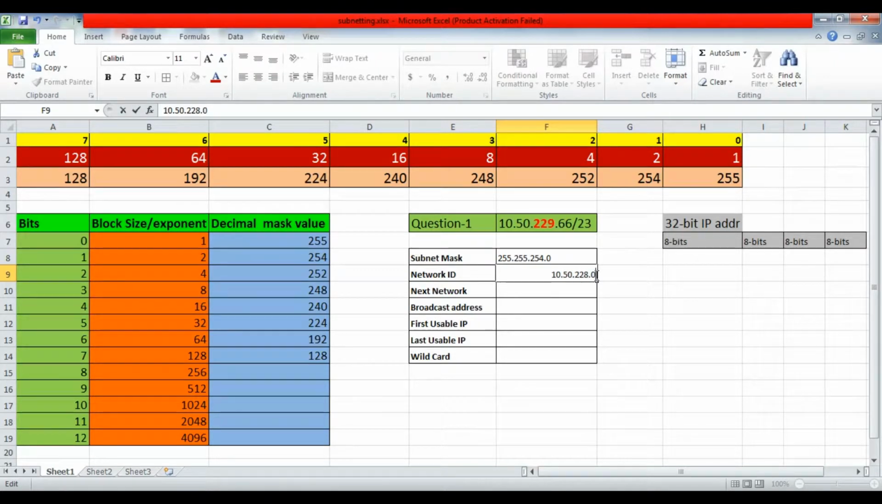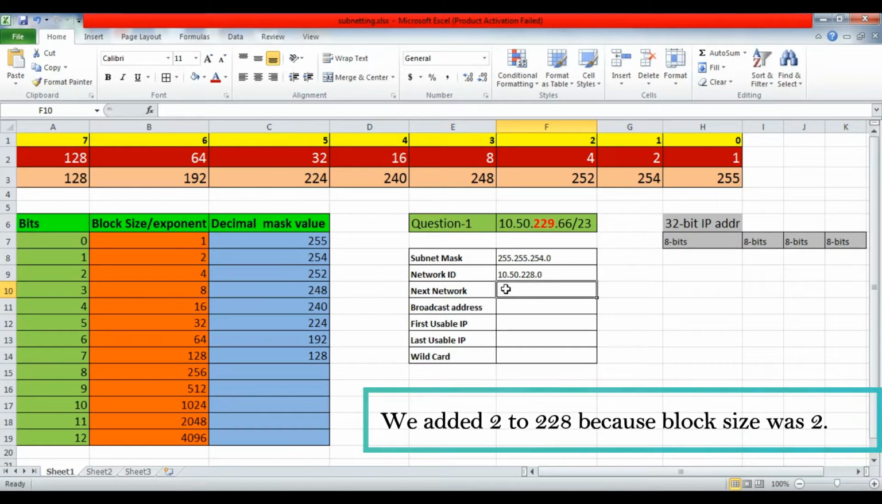228.0. For the last octet, we have written 0. So this is our network ID. Some people call it subnet ID. Now the next network will be, simply add 2 to this 228. That will become the next network ID